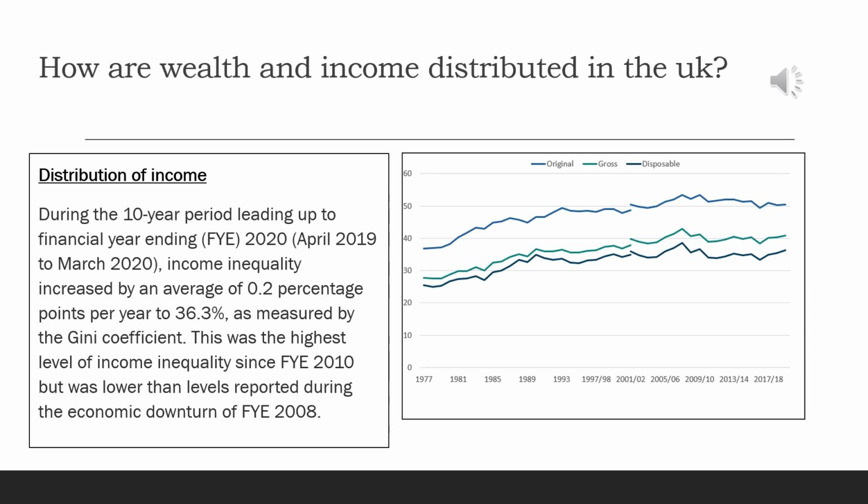Now, if you look here, inequality has increased in the last 10 years of measuring. It's increased by 0.2%, so it's up to 36.3%. It doesn't sound like a huge increase, but think about that as an average over 10 years, and the fact that inequality is a third, 36%, by the Gini coefficient. You don't really need to know what that is, but it's a way of working out wealth, income, etc. What's really important is it's the highest level of inequality since 2010,